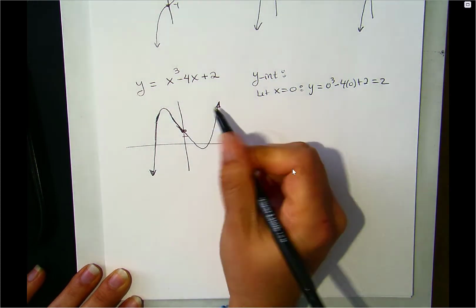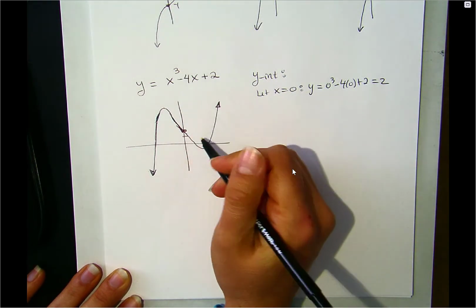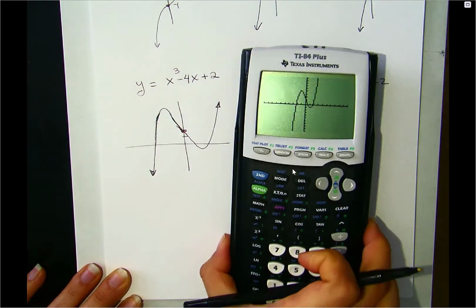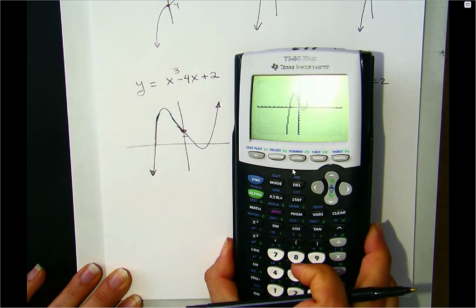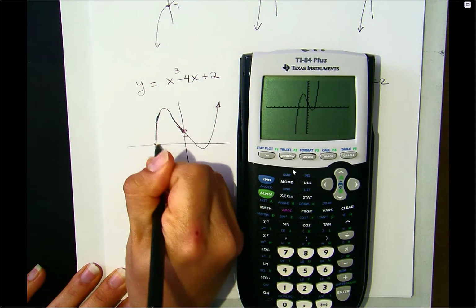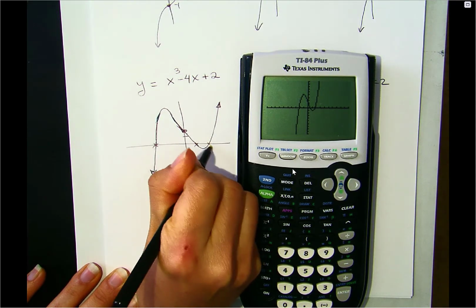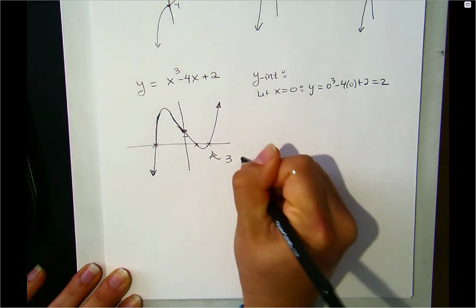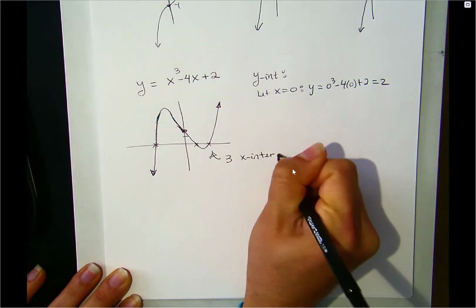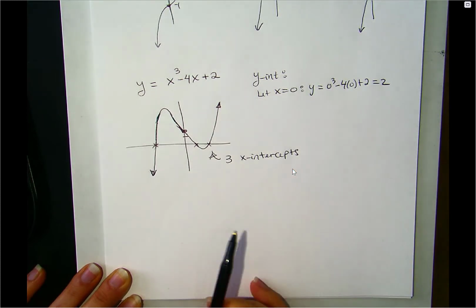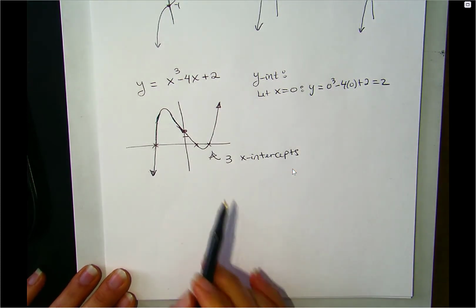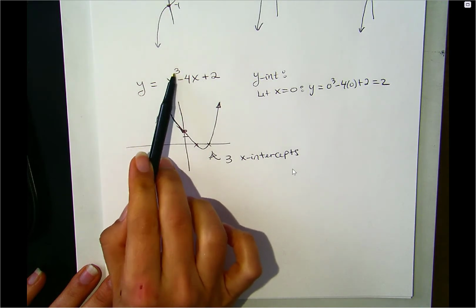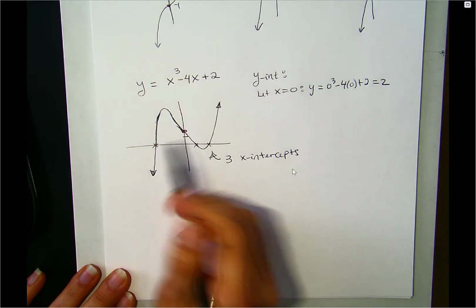So notice that this is a cubic, and it crosses the x-axis according to our graph 3 times. So it crosses there, there, and there. So those are the x-intercepts. So this has 3 x-intercepts, which makes sense. So a polynomial has at most the power of the polynomial in terms of roots. So x-intercepts are also called roots